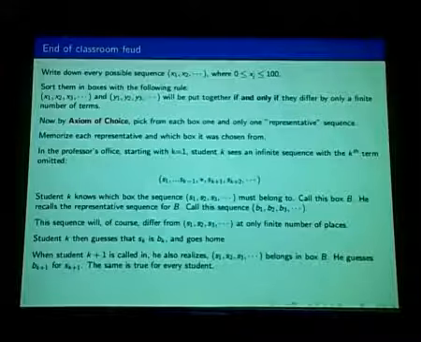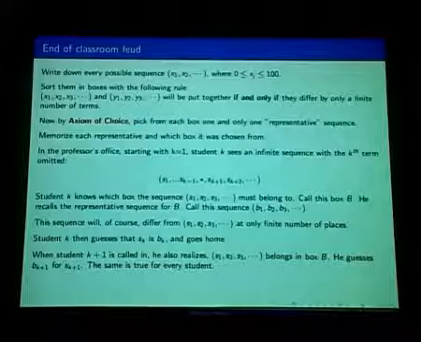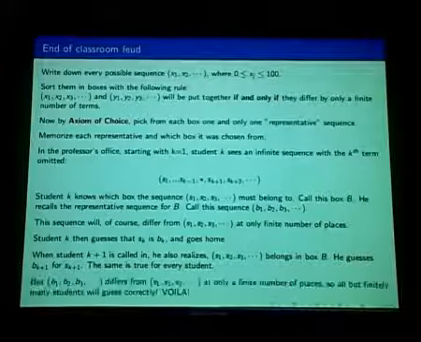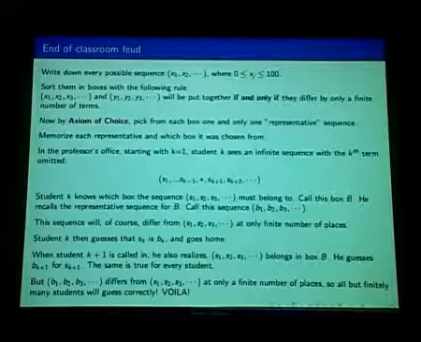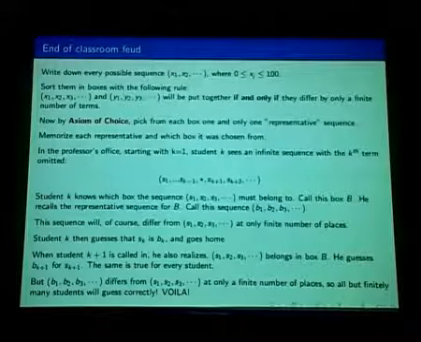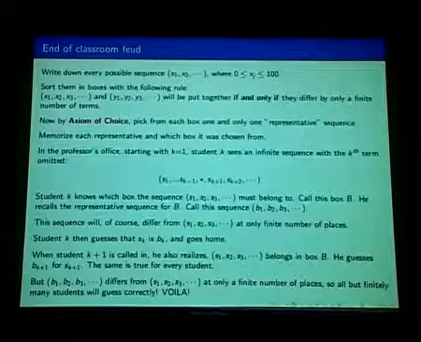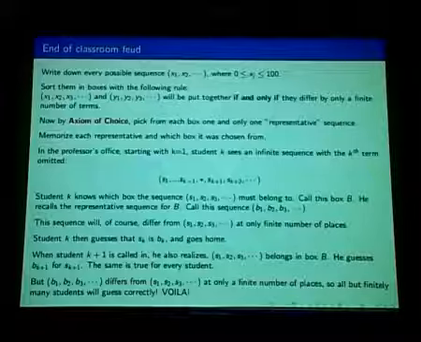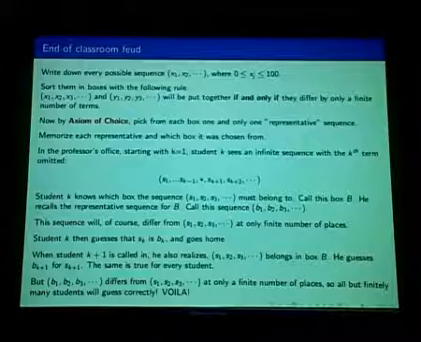And the next student comes in and again he knows what's happening, so he guesses that S_{k+1} is B_{k+1}. But B1, B2, B3 differs from S1, S2, S3 in only finitely many places. Which makes it possible for the students to guess it correctly, all but finitely many, and they win their case.